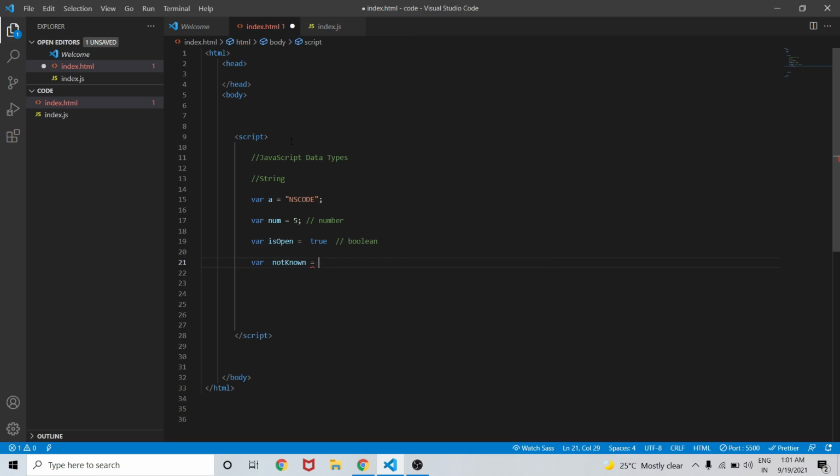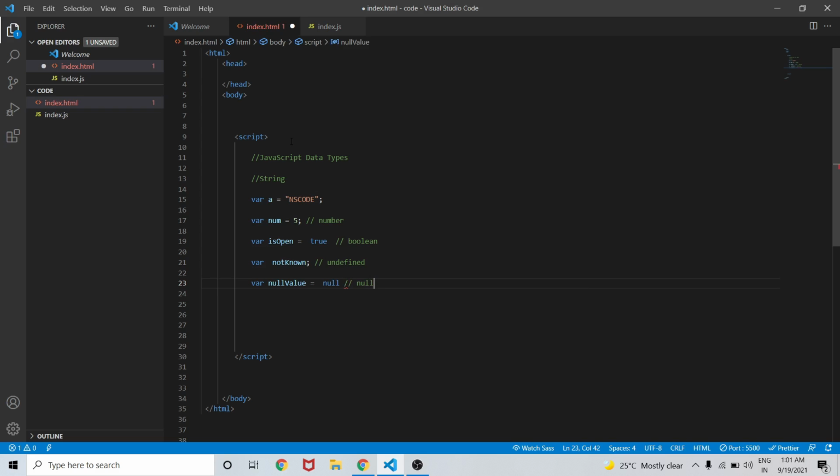I do not assign any value to this notKnown, so this data type should be undefined. We also have one more, that is the null value. So its data type should be null.